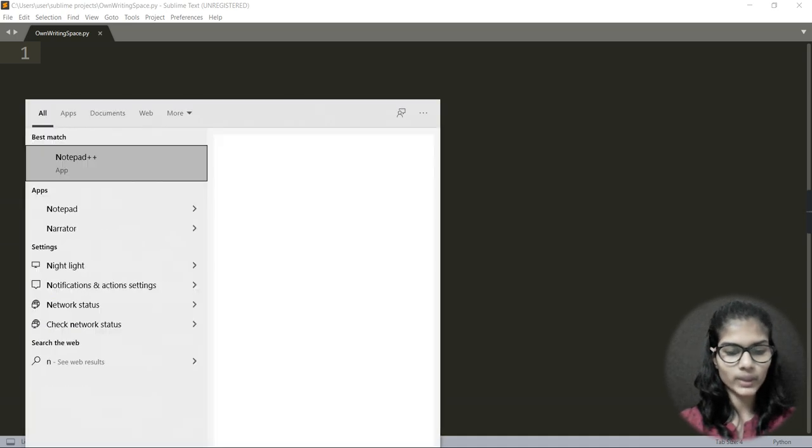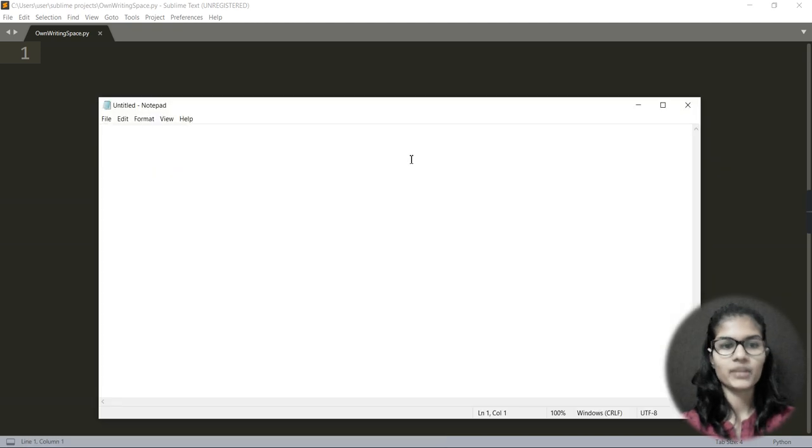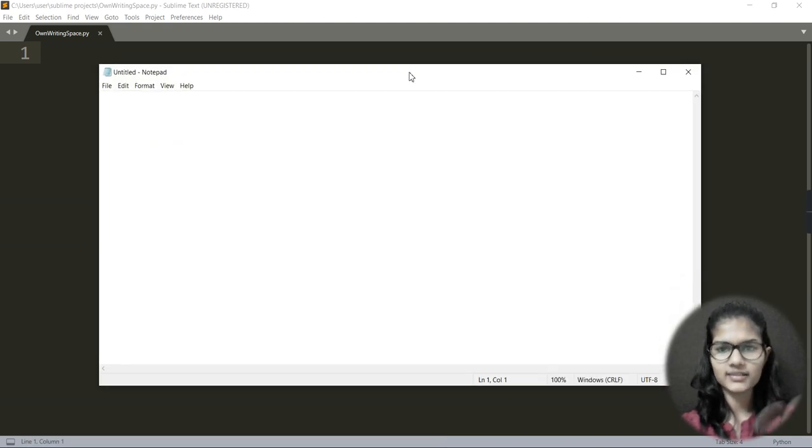So let me quickly open the Notepad. Okay. Yeah, it is somewhat like this. This is one of our notepads and it looks like this, right? Now today we are going to make a GUI, which stands for graphical user interface, using the tkinter library, which would actually look like a notepad. But this notepad consists of many features.